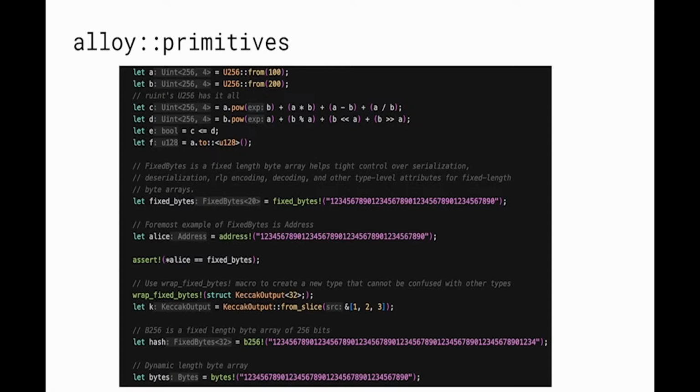So we have a type called FixedBytes in the Alloy core crate. And that essentially is the fundamental unit of representing byte arrays in the EVM now, in Revm, in Reth, etc. And the way that it works is it's generic over the length of the byte. The foremost example, let's say, is the Address type from the Alloy crate, which essentially is FixedBytes with a length of 20 bytes under the hood. And you can see that the address of Alice is actually equal to FixedBytes. So now